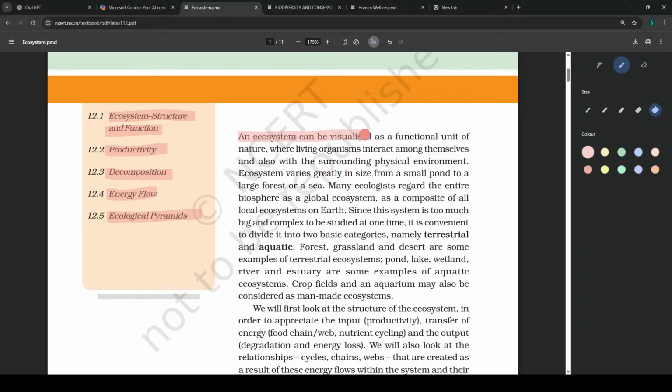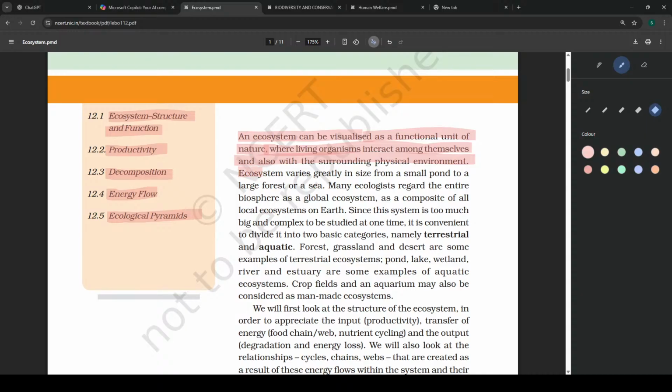An ecosystem can be visualized as a functional unit of nature where living organisms interact among themselves and also with the surrounding physical environment. What is an ecosystem? We can call ecosystem a functional unit of nature. And what does this functional unit represent? It represents the interaction between living organisms and the physical surrounding, or we can say the interaction between biotic and abiotic factors is known as an